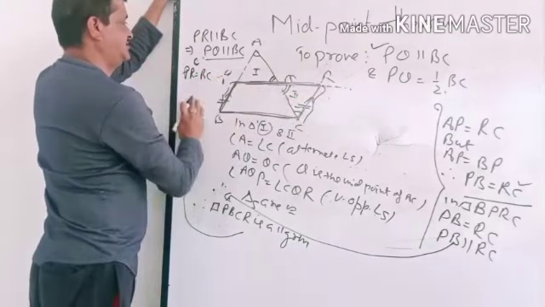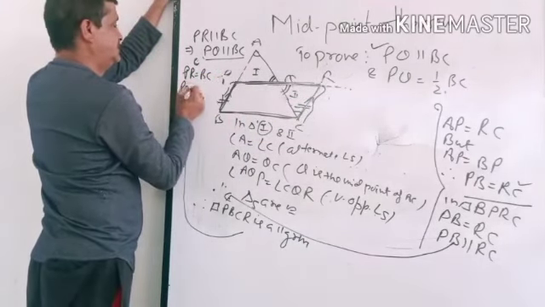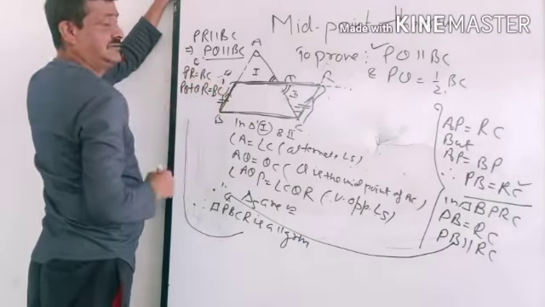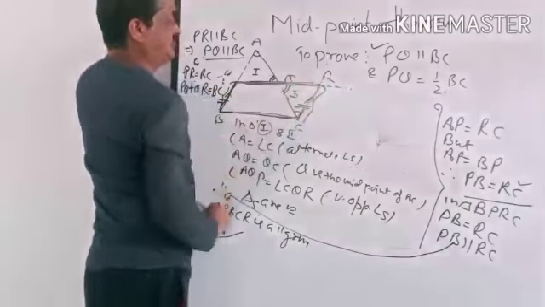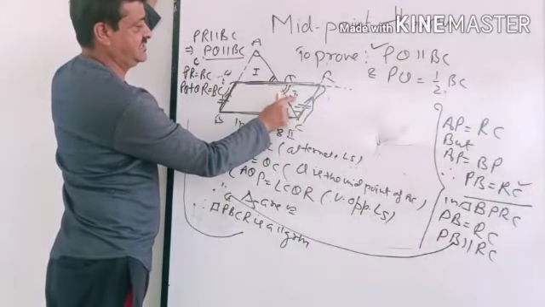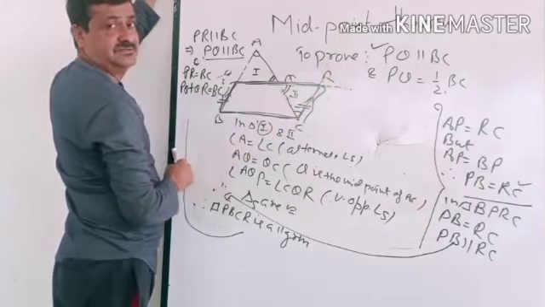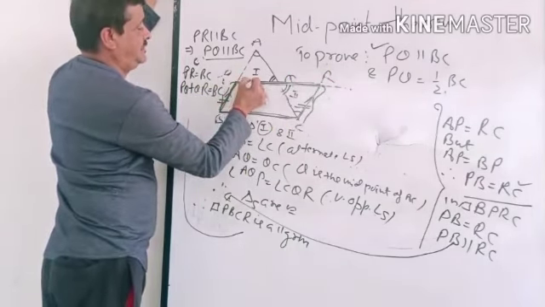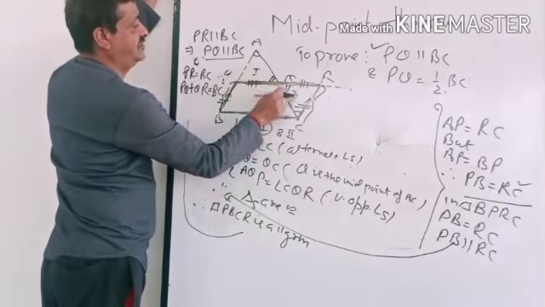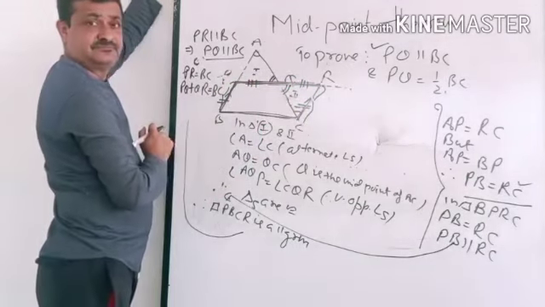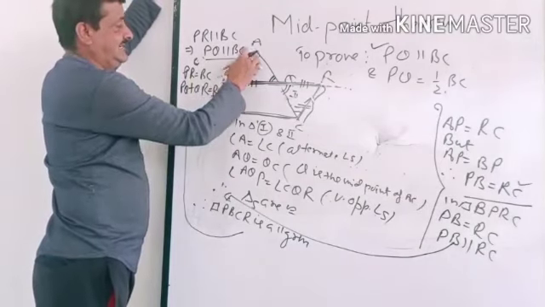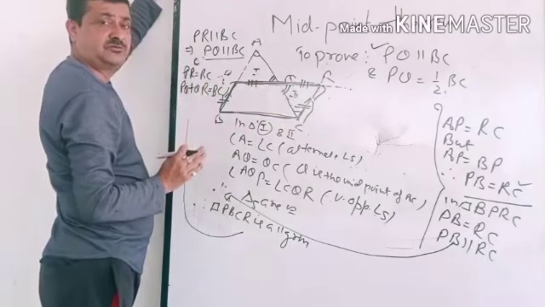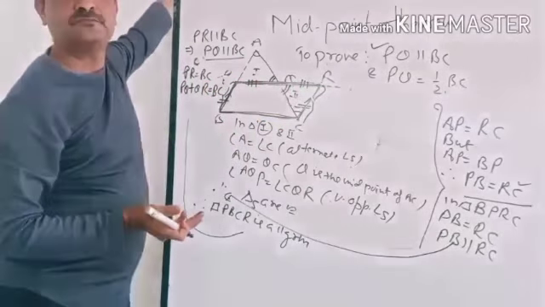PR is the addition of PQ plus QR, that is equal to BC, right? PQ and QR are equal because the first and second triangles are congruent. Earlier I have proven the congruency of the triangles. This part is equal to this part because of the congruency of these two triangles, right? Opposite the triple dash, the triple dash, they are the corresponding parts of congruent triangles and they are equal. Clear?